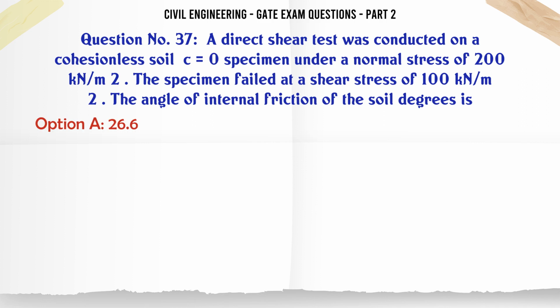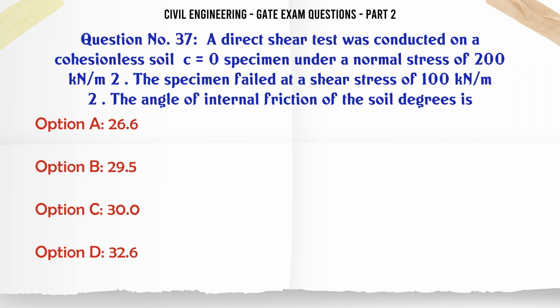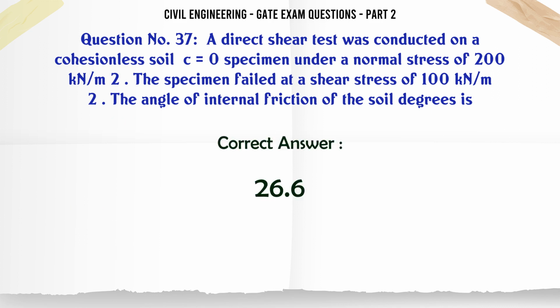A direct shear test was conducted on a cohesionless soil, C equals 0, specimen under a normal stress of 200 kN/m². The specimen failed at a shear stress of 100 kN/m². The angle of internal friction of the soil in degrees is A 26.6, B 29.5, C 30.0, D 32.6. The correct answer is